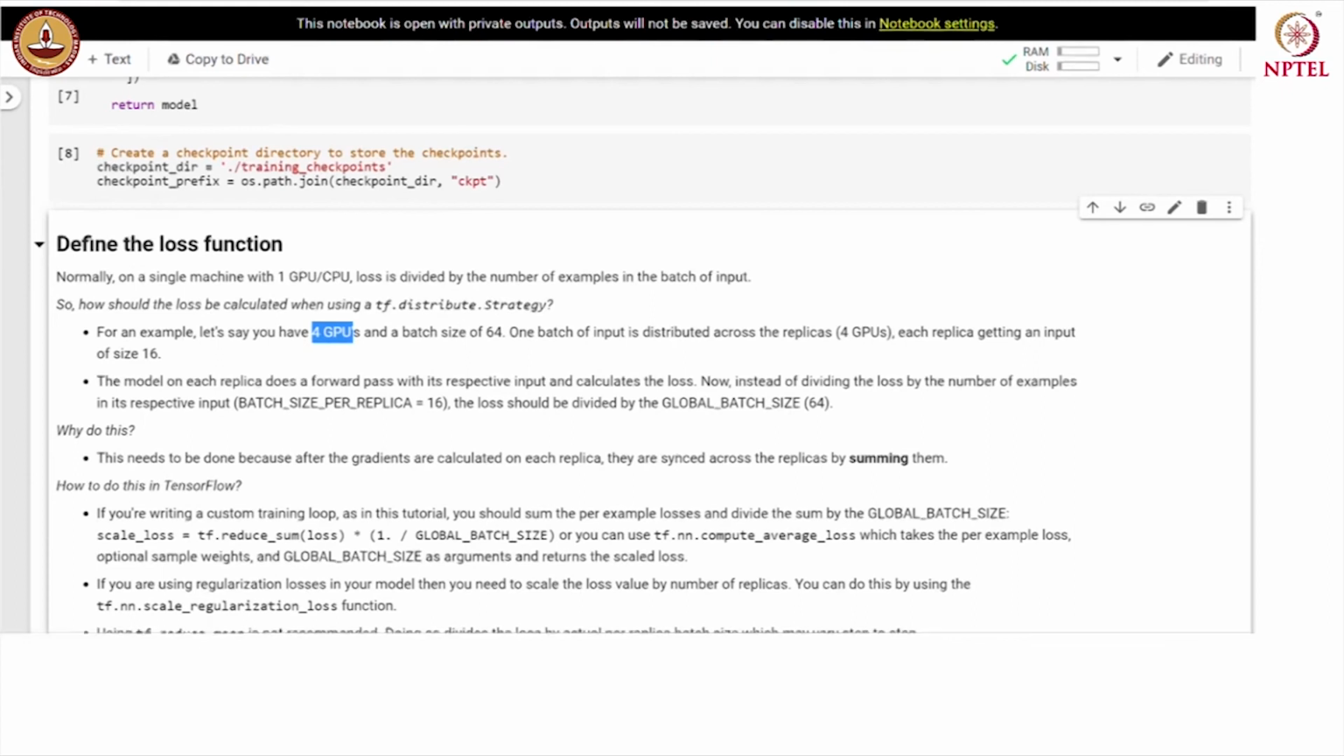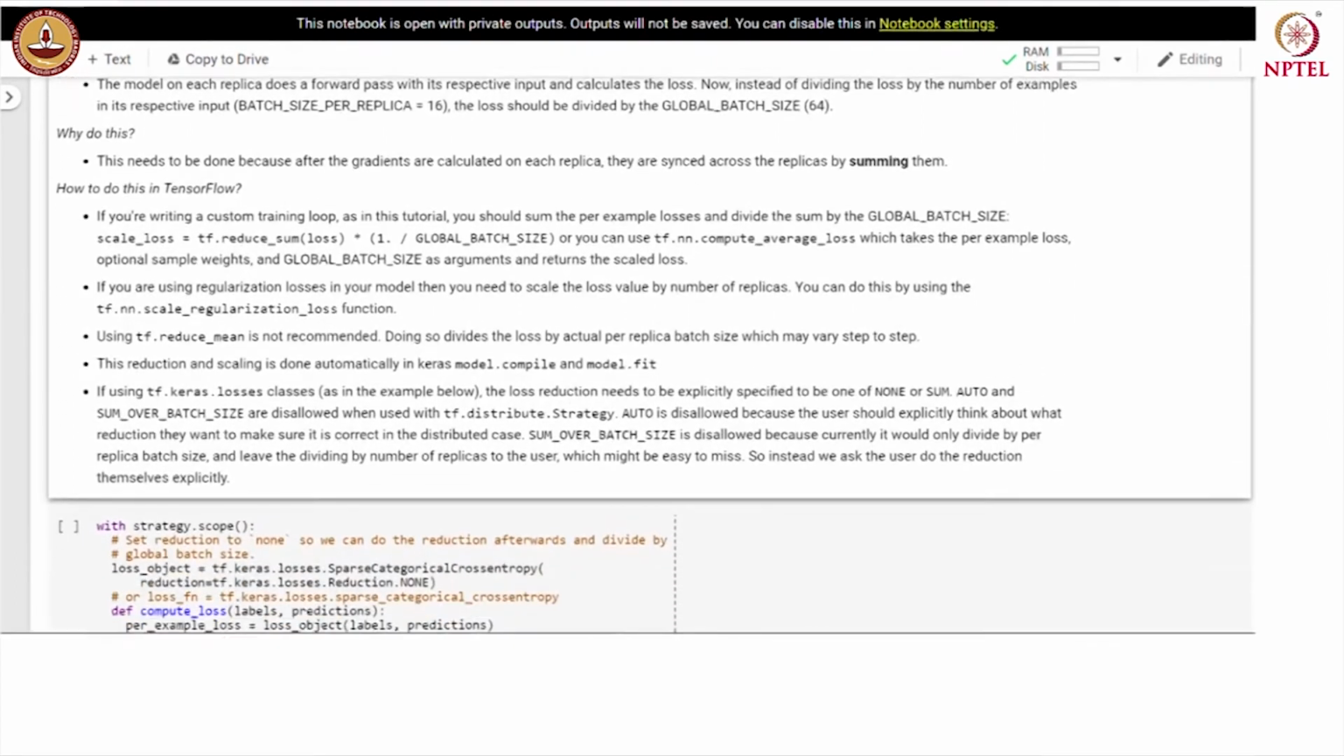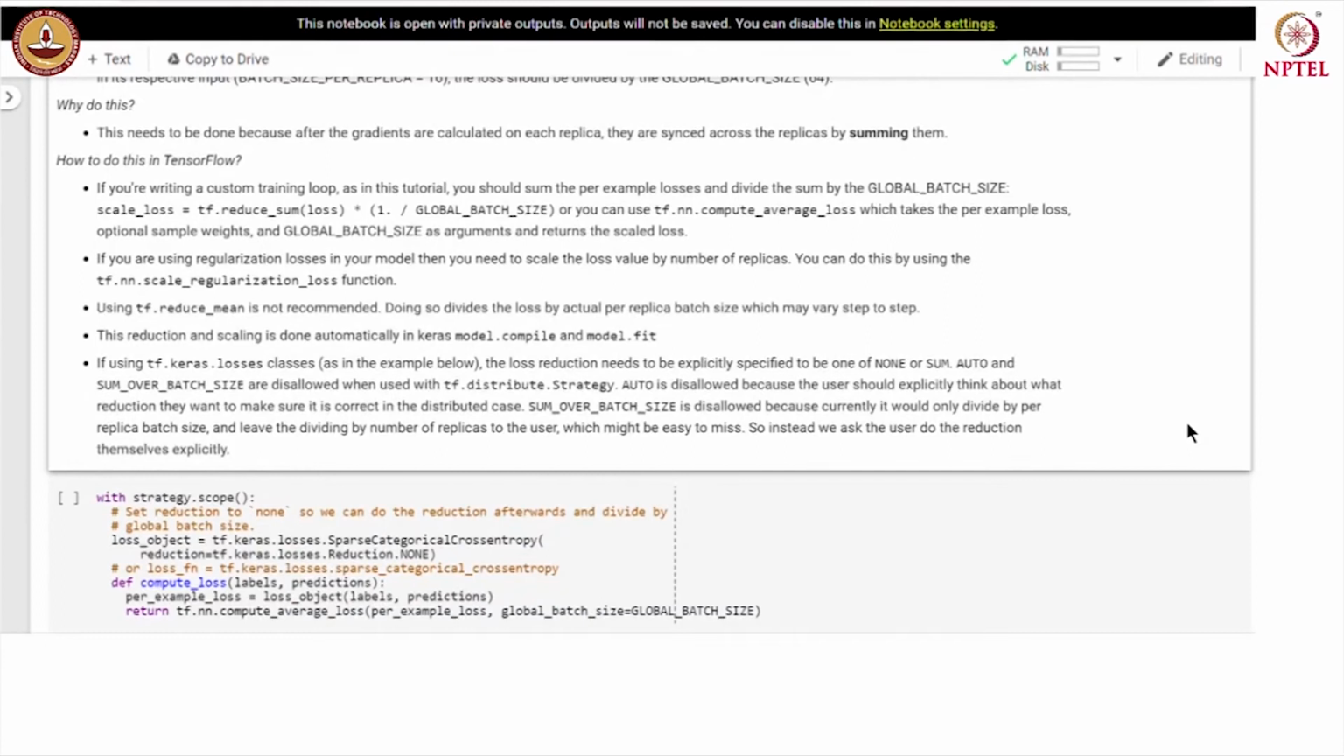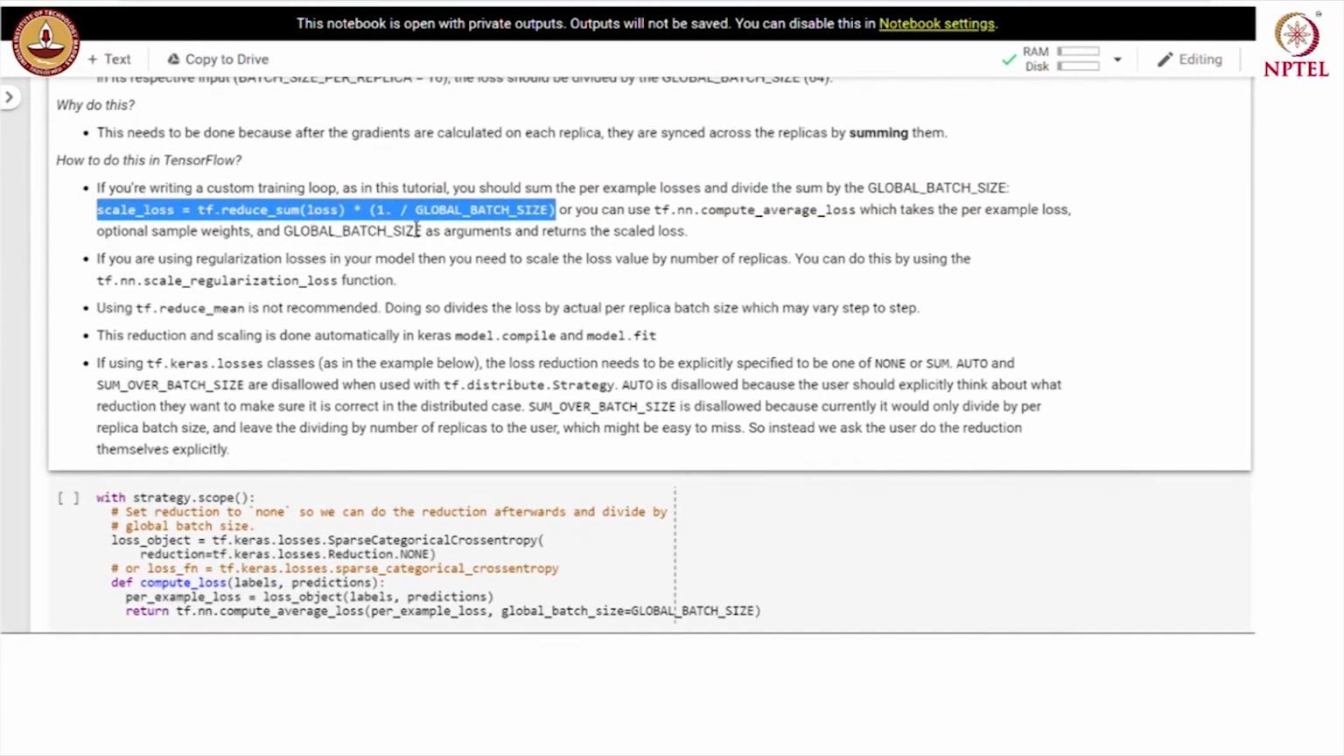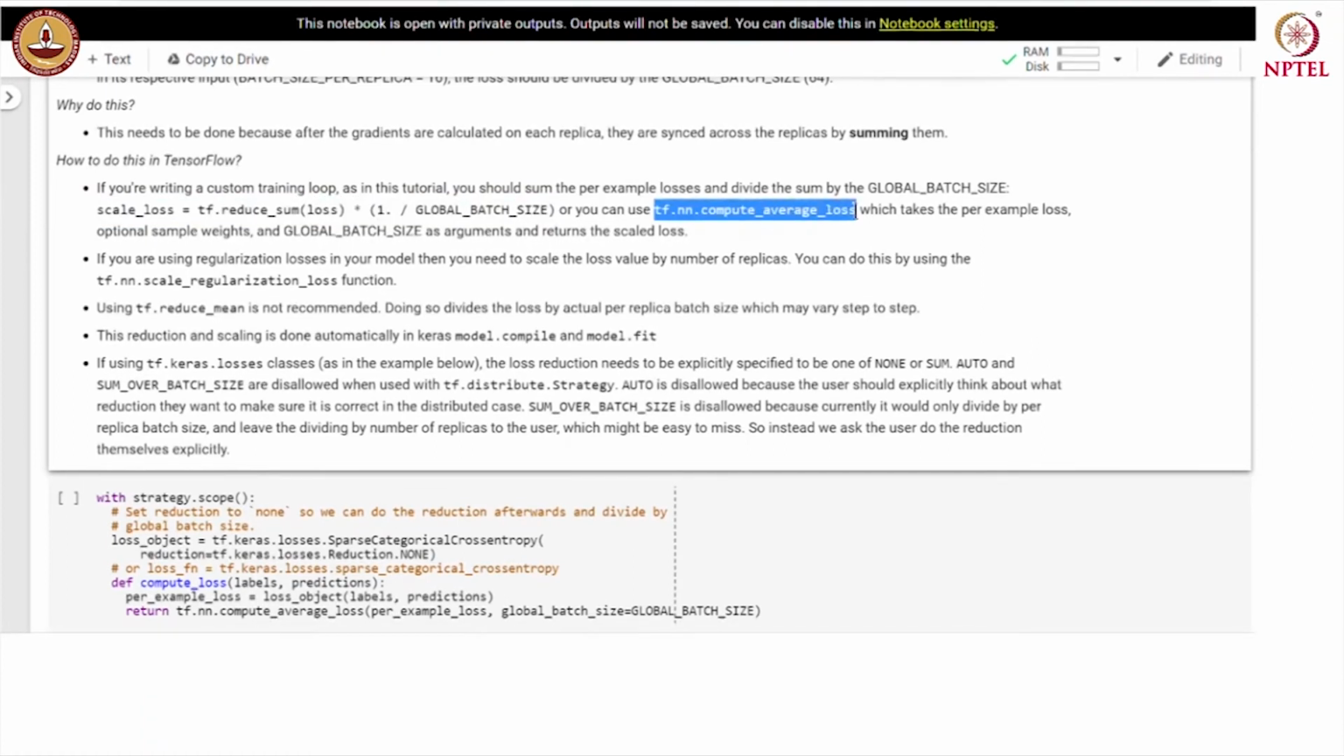So, let us see how to do this in TensorFlow. If you are writing a custom training loop, we should sum the per example losses and divide the sum by the global batch size. So, we define a scale loss where we divide the loss by the global batch size, or we can use tf.nn.compute_average_loss, which takes the per example loss, optional sample weights and global batch size as arguments and returns